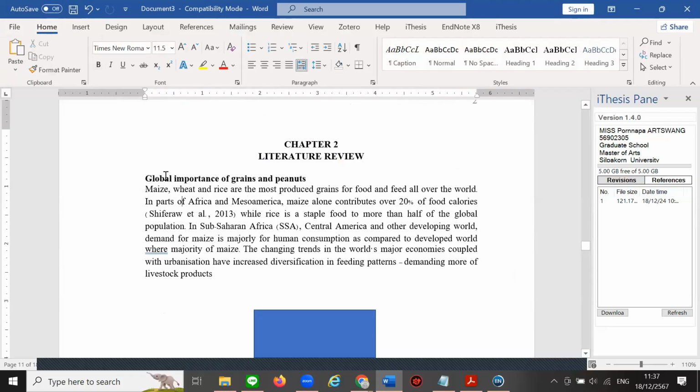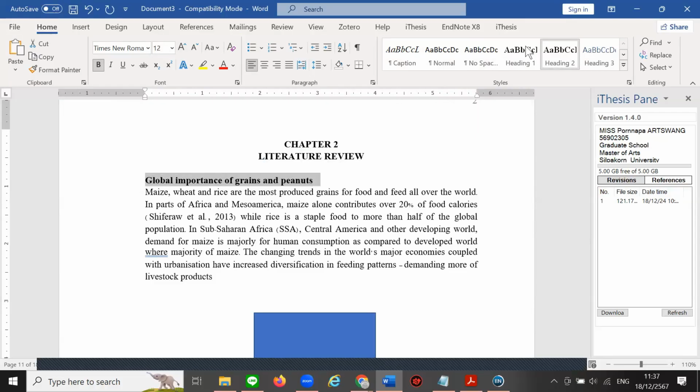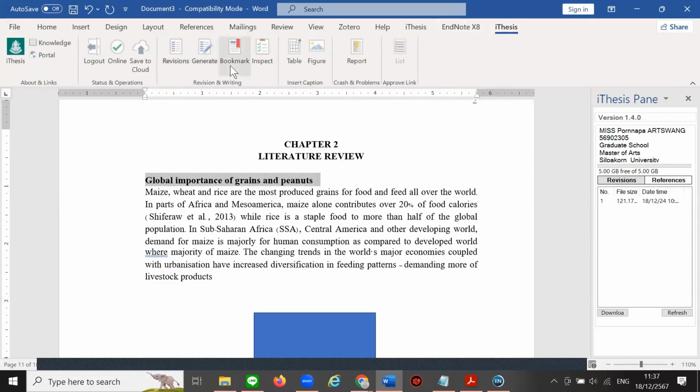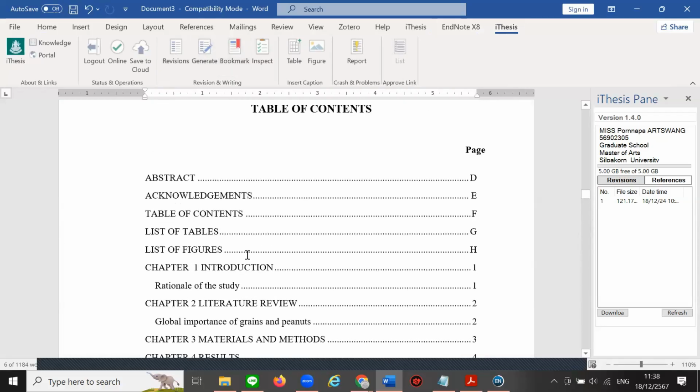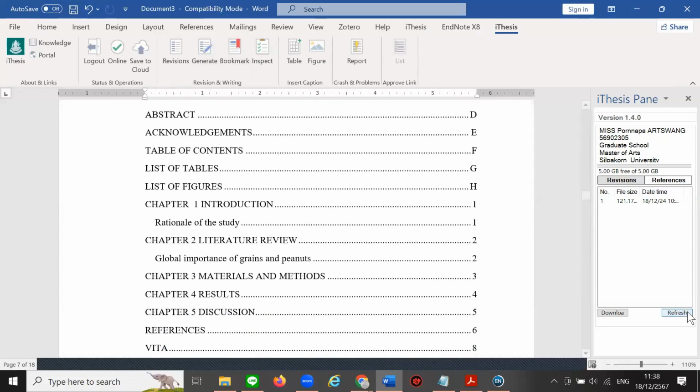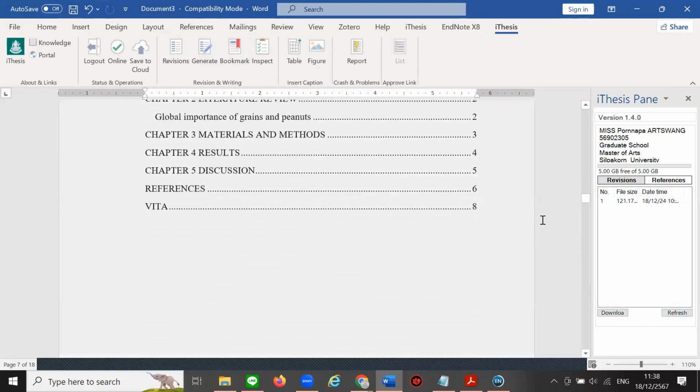So for chapter 2, we do the same. We cover and choose heading 2. Heading 2. Okay. And then we go to bookmark. When we go back, we see finish. Okay. And if you have enough section, we go to